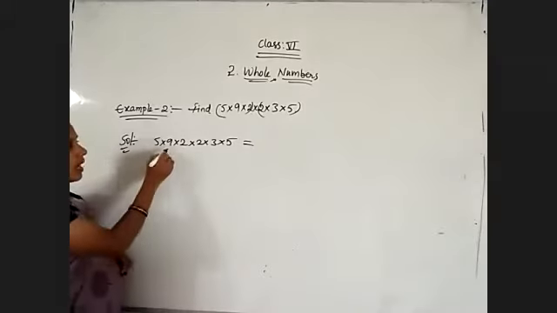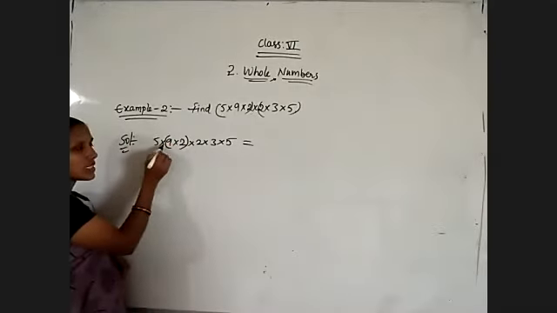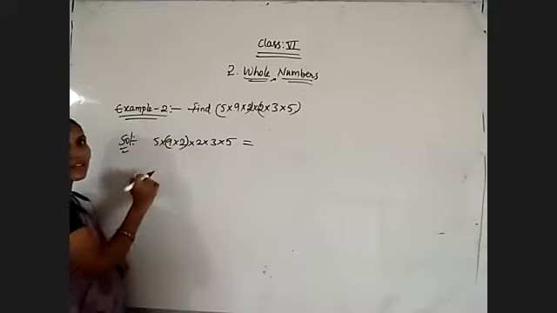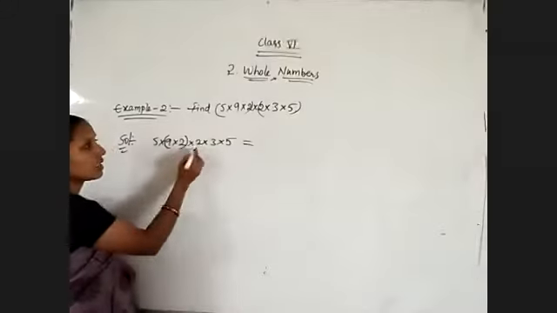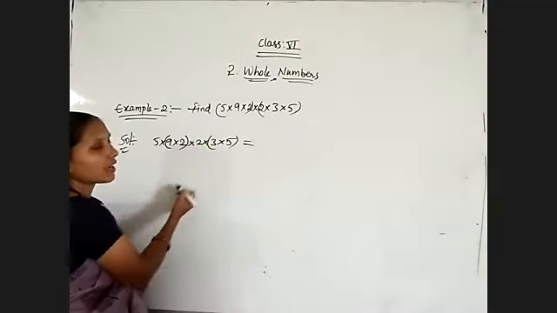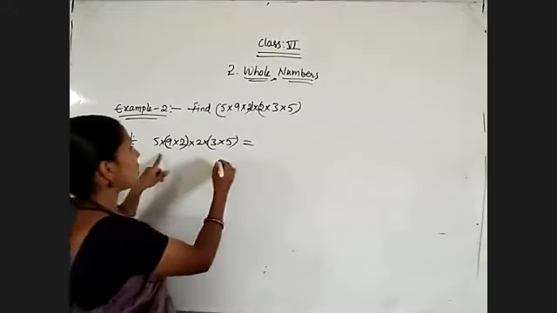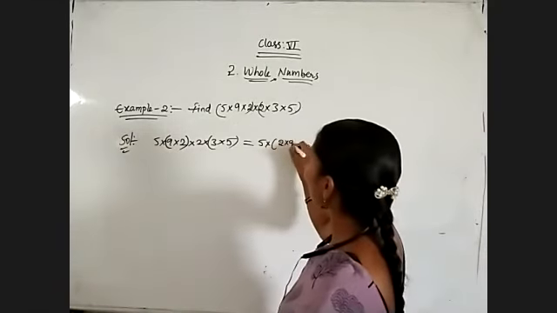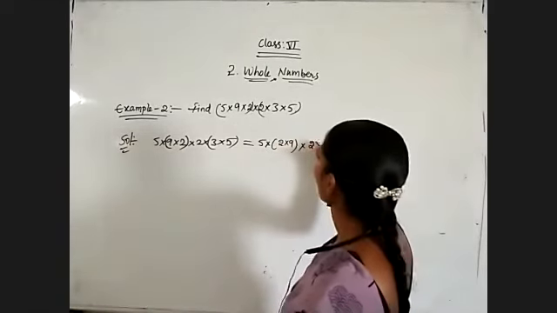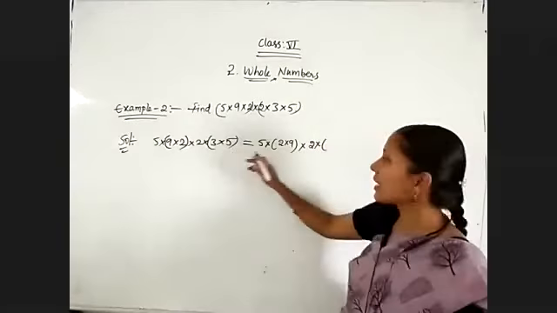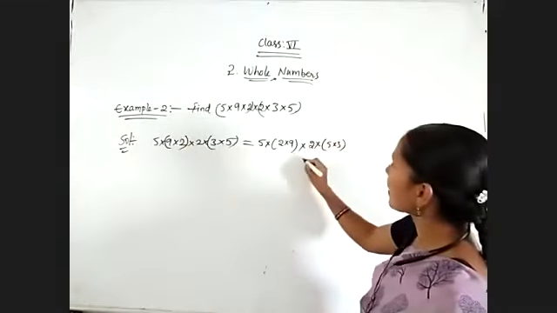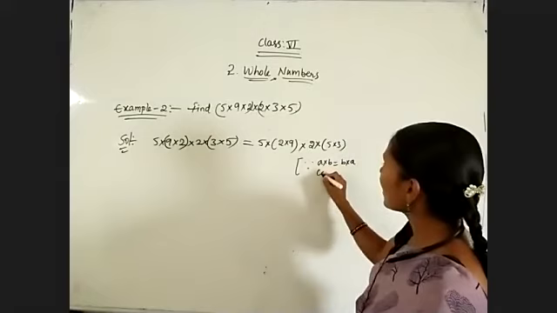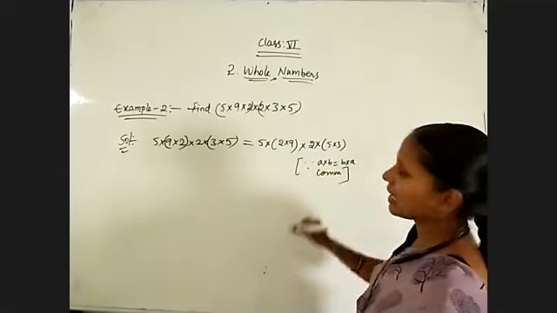Now I want to change 2 to this side, 9 to this side. By using which property? Changing two numbers is which property? Commutative. And coming to the next pair, 3 and 5 are going to change. So now 5 into 9 into 2 I am writing as 2 into 5 by the commutative property. 2 into 3 into 5 I am writing as 5 into. So it is very common: A into B must be equal to B into A. That is the commutative property of multiplication.